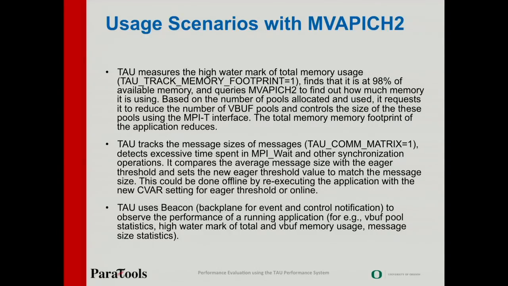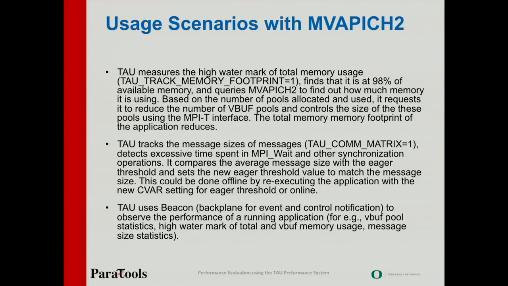You can say TAU_COMM_MATRIX equals 1 and look at the total message size, the average message size, and you could say, okay, my code's running most of its messages at 30,000 bytes, but the eager threshold is just 16,000. So what if I shift that eager threshold to 31,000? Then I'll use eager protocol for the rest of my processing,